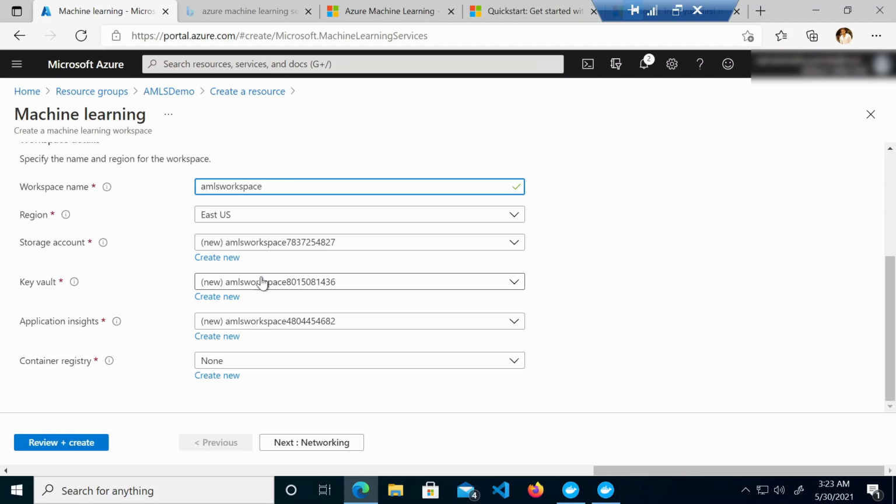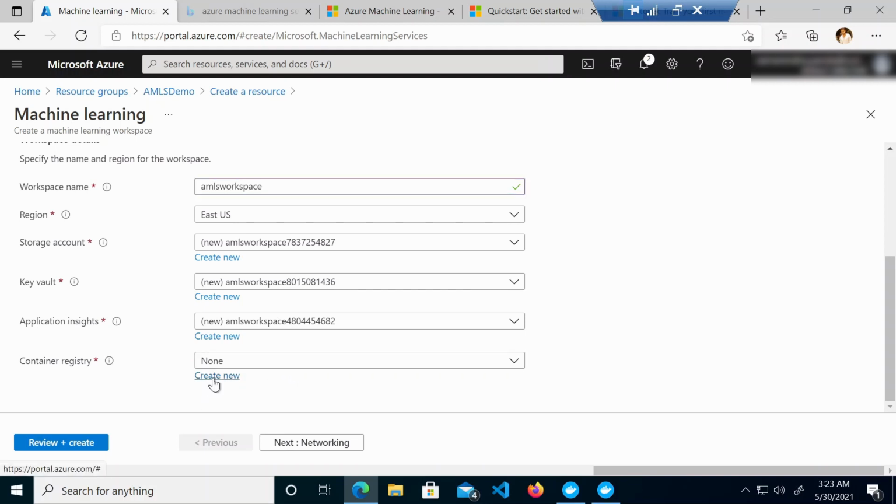While we create the Azure Machine Learning service, what are the different services which get created? One is the Azure Machine Learning service itself, and then we have the storage account, the key vault, the application insights, and then the container registry. So let me create a container registry, and I'm going to talk about why these services are used, or why we are provisioning them, in a while.